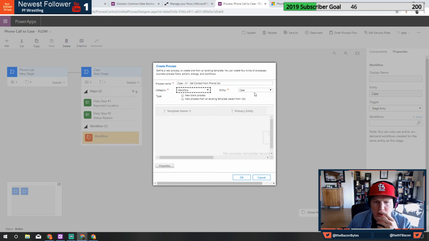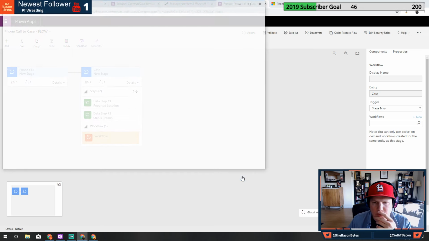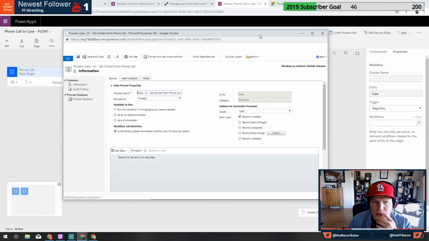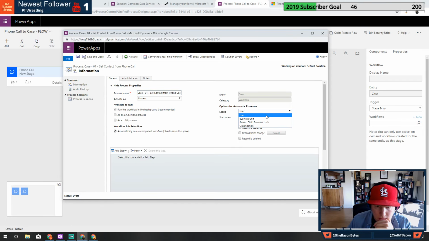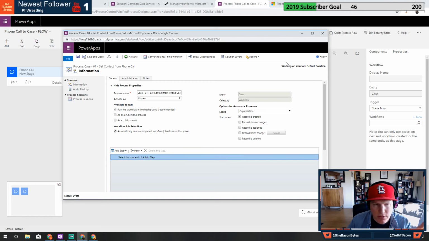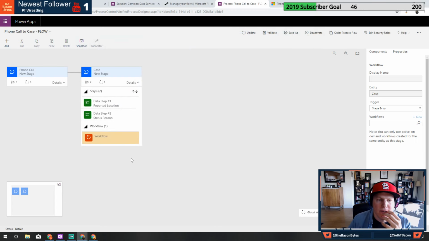We're gonna set it from the organization level when the record's created. Why is this using the old school one? I didn't want to use the old school one. I wanted to actually use a flow for this. Okay.